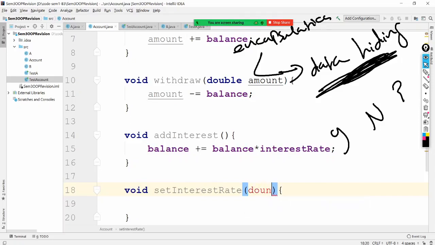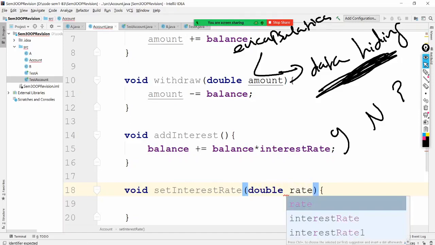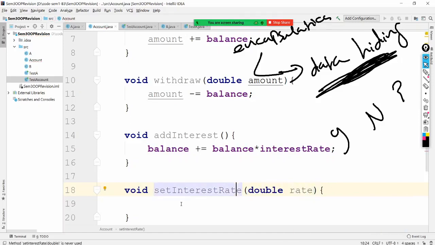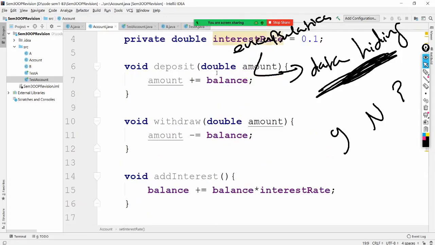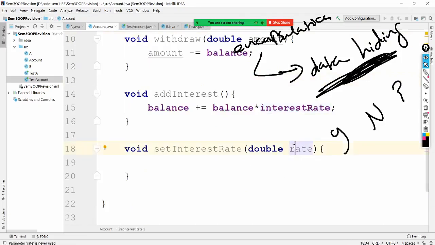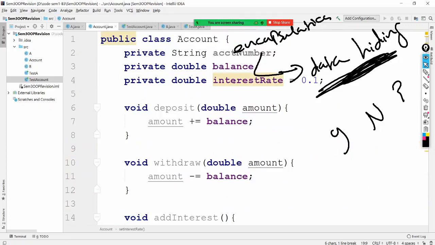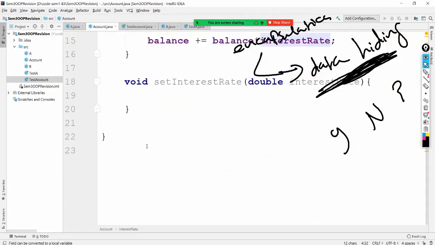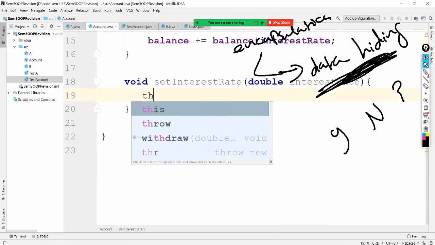Say double, let's say rate. Now let's call it interest rate. Why do we want to call it rate? And now we know how to refer to that: this dot interest rate